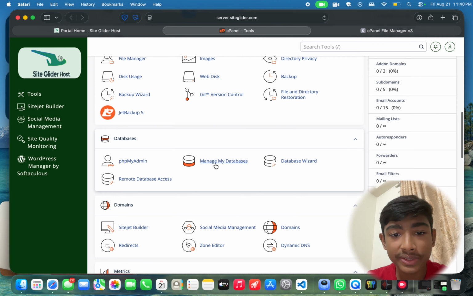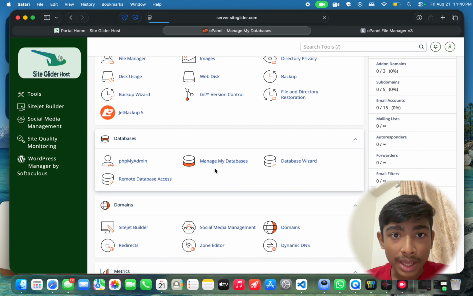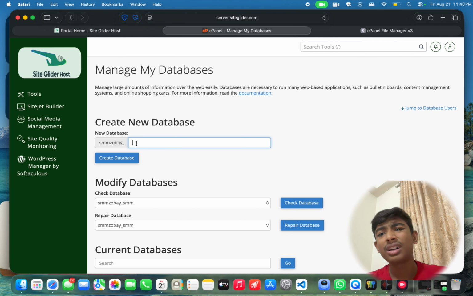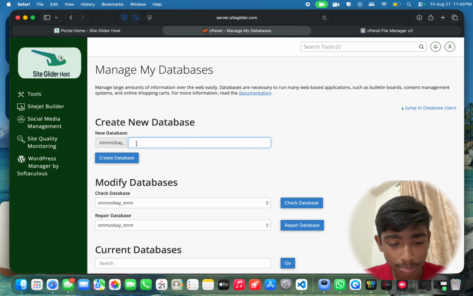Now we have to go to database, Manage My Database. Now we have to create a database. So click on Manage My Database and type the database name, any name if you want. So I'm typing main and create database, and you have to copy the name, like my database name is SMM Jubai underscore main. Okay, copy,